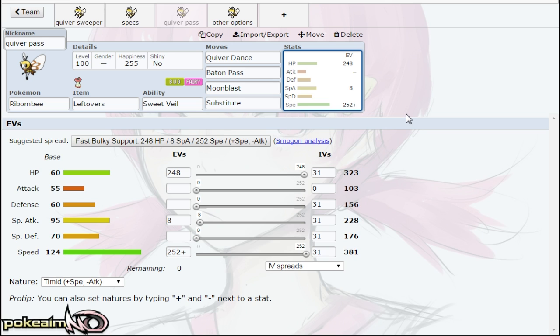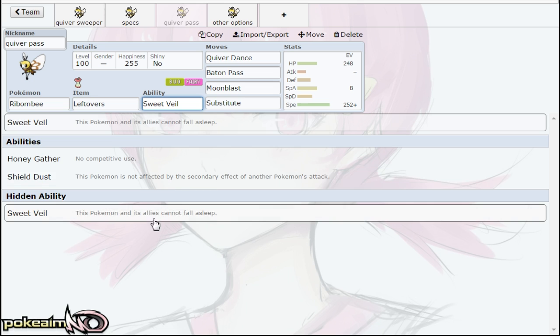Like, let's say Celesteela comes out, it might Flamethrower or Heavy Slam. If you know it's going to do that, you can just pass to something that can take on Celesteela. You can go to your own Celesteela, to be honest. But Sweet Veil or Shield Dust is the